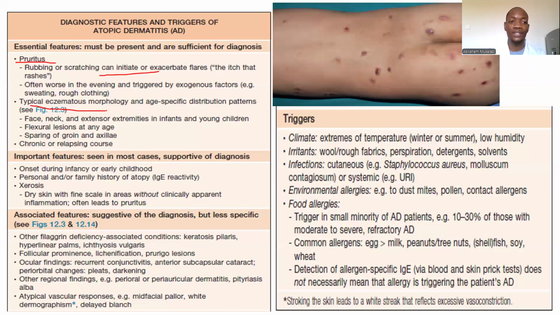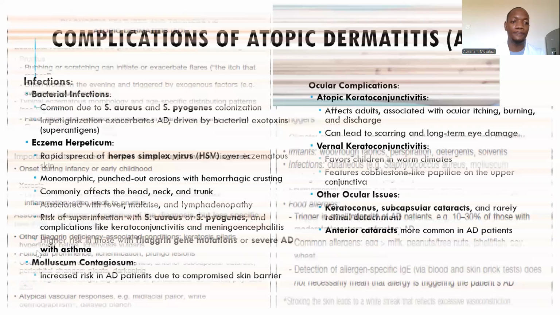Other important features include early onset, if it comes in childhood or infancy, and if someone has a personal history of atopy or other features within the atopic march, that is asthma, allergic rhinitis, and food allergies. They should also have xerosis, which means dry skin. Then other associated features